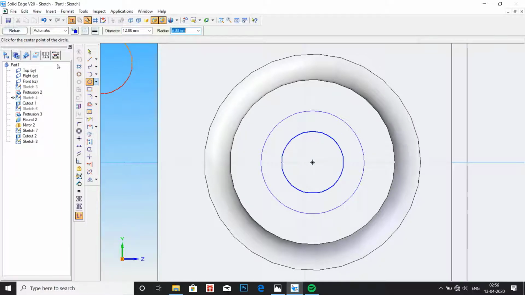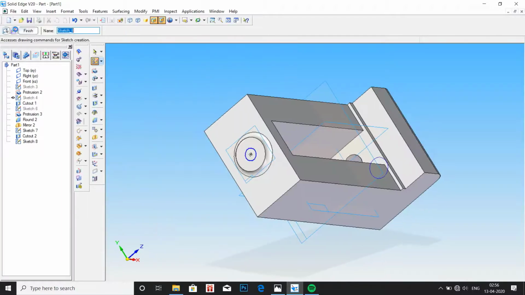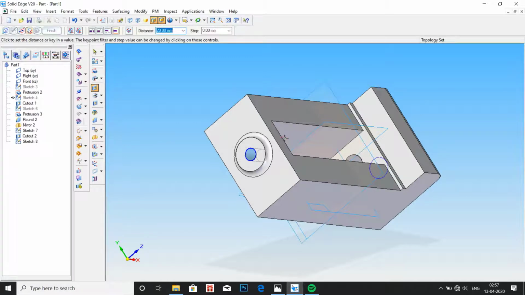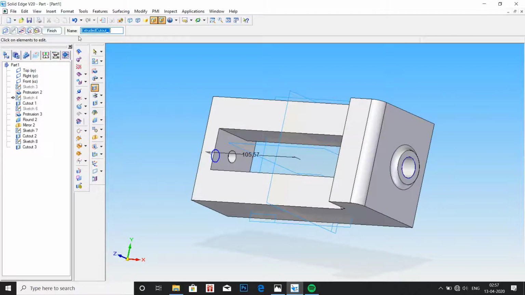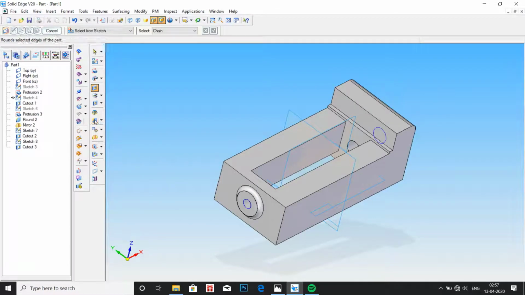Draw a circle of 12 mm. Click on return, go to cutout, select the circle and click on OK and just drag it. Click on finish.